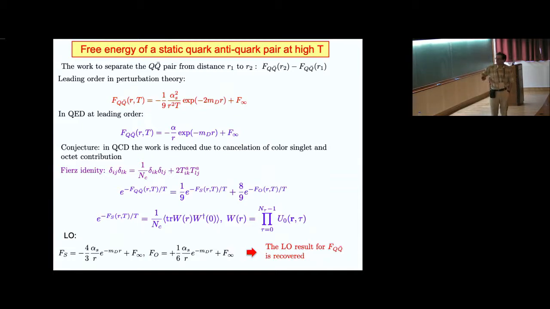And there could possibly be a cancellation between a singlet and octet contribution. Once you have an octet, QQ̄ pairs don't attract each other, but they repel each other. So the amount of work you have to do in order to separate them is reduced compared to your naive expectation if you have only QQ̄ in a singlet. Intuitively, you understand this reduction in the free energy because the octet configuration could appear in the intermediate